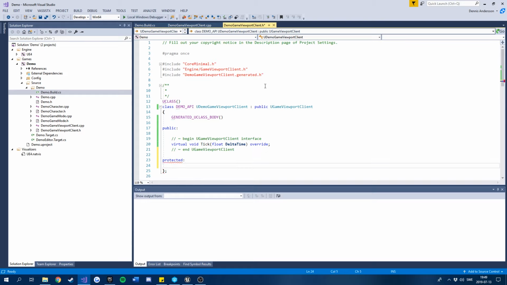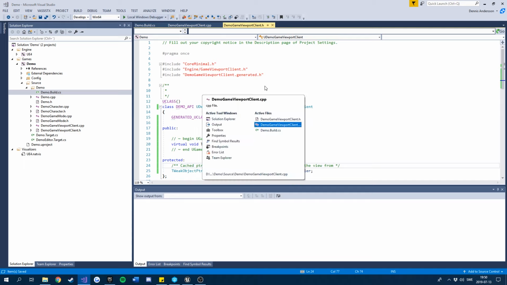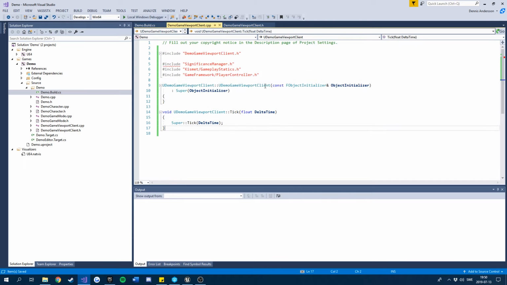Make it protected, and we'll make it a weak pointer. Okay, and if we go back now to our tick function,